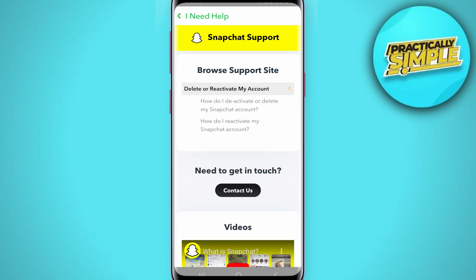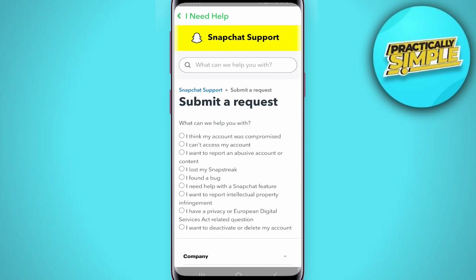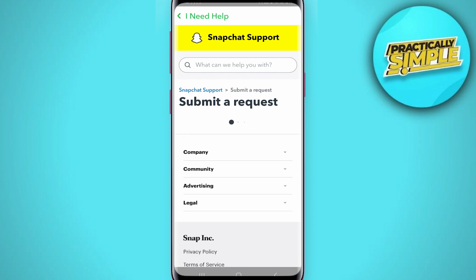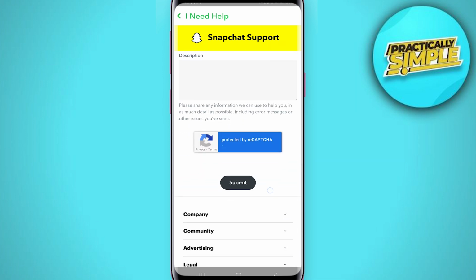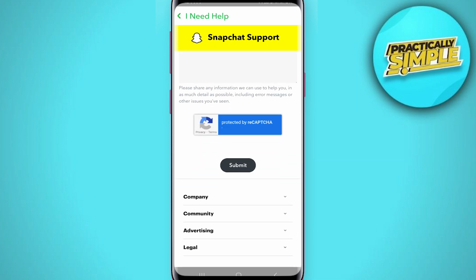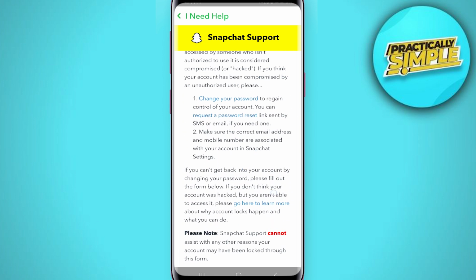Tap on this delete or reactivate my account. Now tap on this how do I reactivate or delete my Snapchat account. Now tap on this contact support and now here you have to submit a request and you have to tap on this I think my account was compromised and then scroll down and you have to fill this thing and then just simply tap on the submit button and they will respond to you, or you can delete your Snapchat